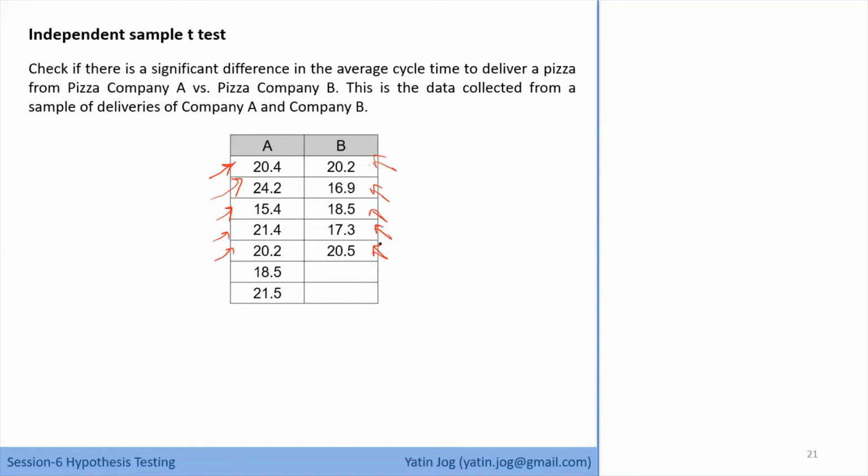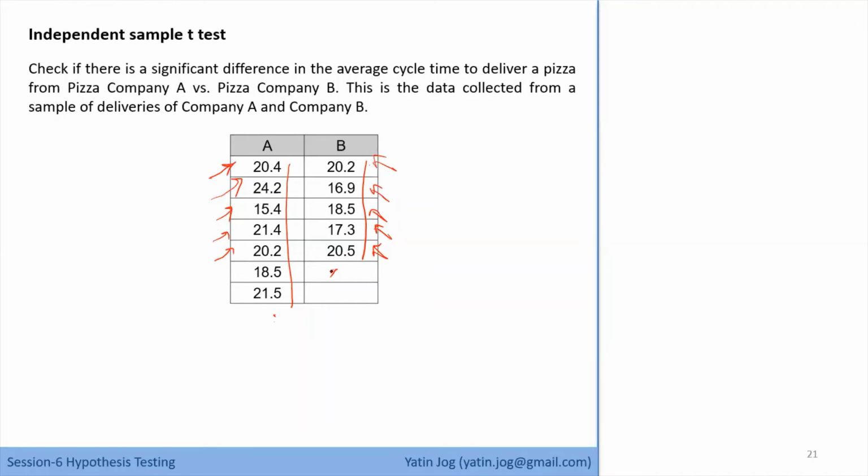Now I want to compare in terms of delivery time. In terms of delivery time, who is doing better? Which pizza outlet is doing better, A or B? If I want to check that, I have to first calculate the mean delivery time of A, and then the mean delivery time of B, and then compare the means. But it is not that simple. As we have seen in paired sample also, just by comparing means, I may see a difference, but I need to check whether that difference is significant or not, correct?